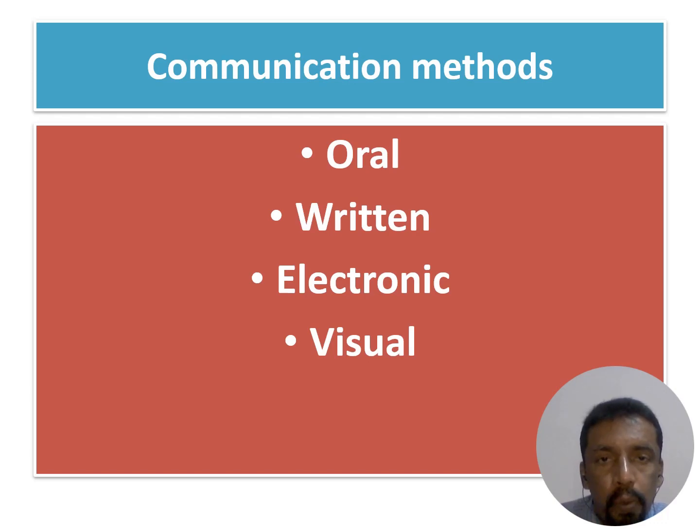In the last class, we learned that there are benefits for effective communication, and we also saw a picture that showed one-way and two-way communications. Now, today, let's learn about the communication methods. You can communicate with different stakeholders in a business in four ways: oral communication, written communication, electronic communication, and visual communication. And each method has its own advantages and disadvantages. Let's look at them one by one.